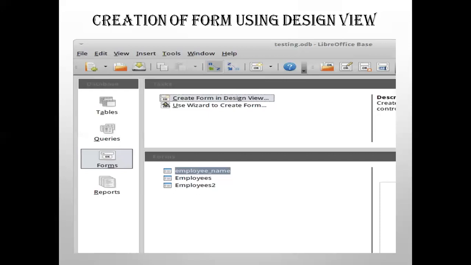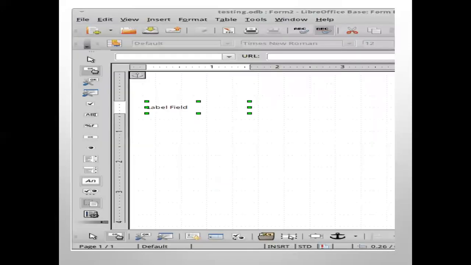Let's create two elements here that allow entering of a first name and a last name on the form. To do this, you have to select the buttons. Here you have the toolbox. There are so many buttons here, all different types, and there are certain controls. Here you have to click and draw it. Click and drag to draw. First, let's take a label field button and then drag and draw it on the form.